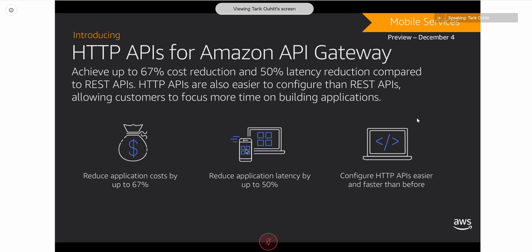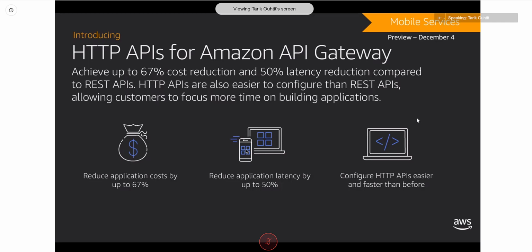So making sure that all the requests in are valid requests. Things like is the user's age a number, for example, and not a string. So it can do these validations. It can also do some more advanced things like create usage plans for your APIs. So maybe you have a gold plan for your API where people can hit it 1,000 times a day or a certain number of times a month, and their transaction rate is this many transactions a second.